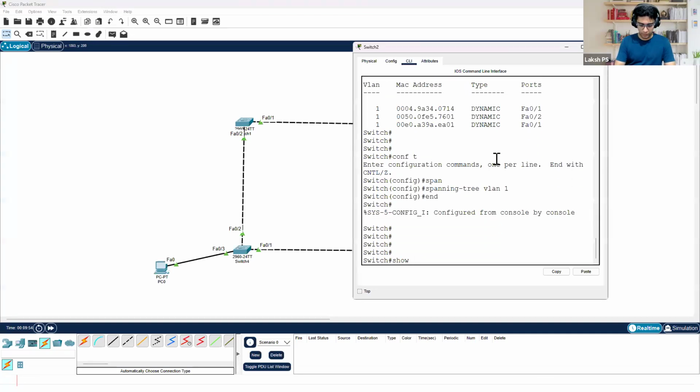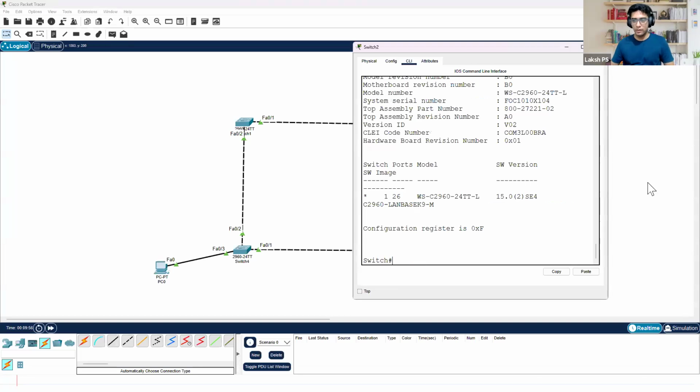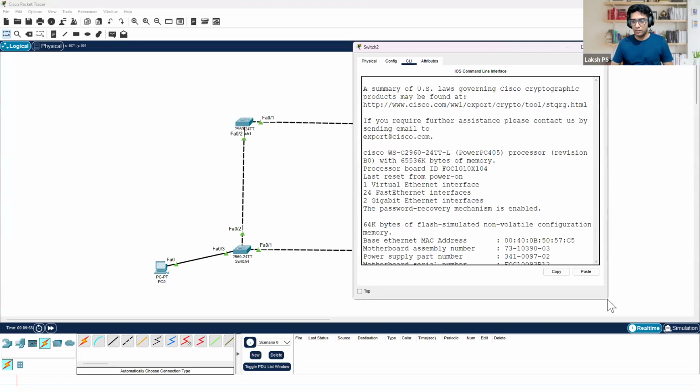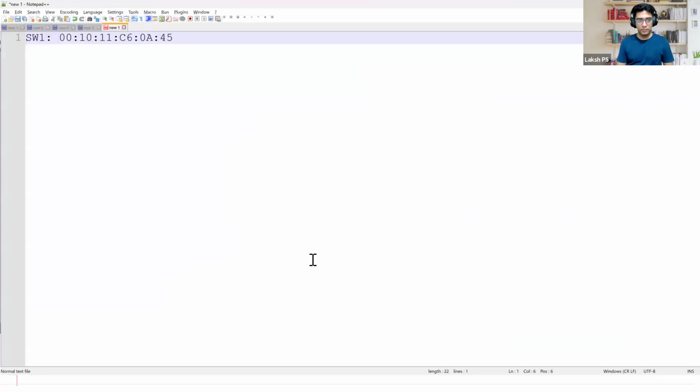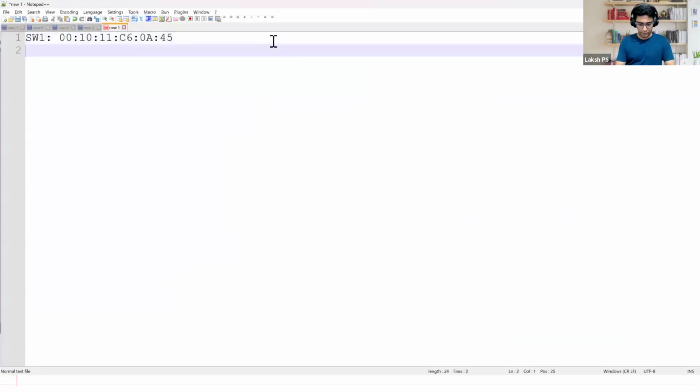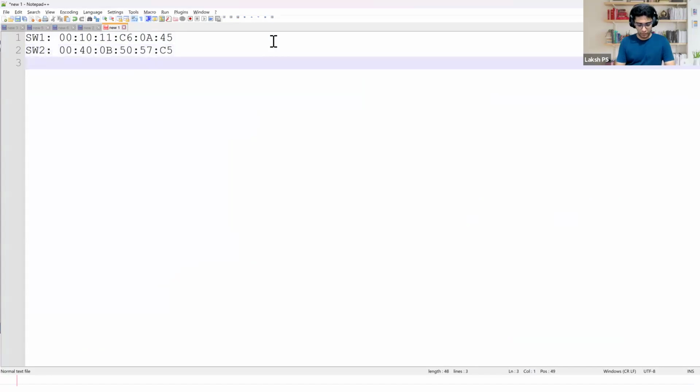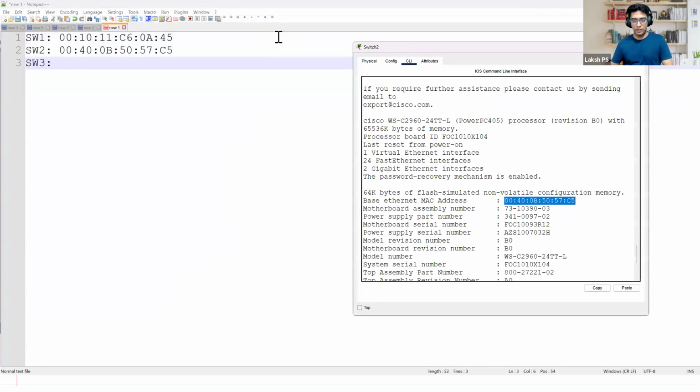Show version. Switch 2, switch 3, the MAC address would be